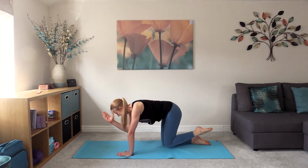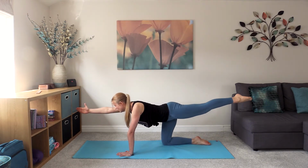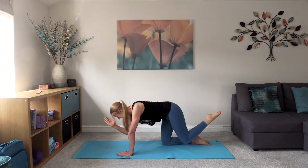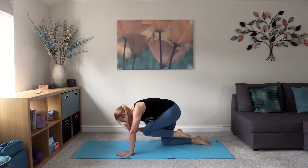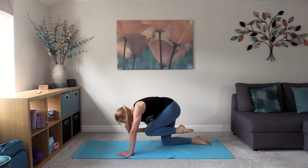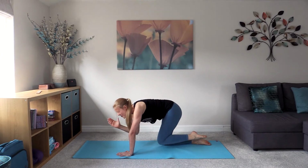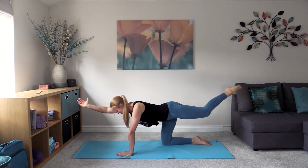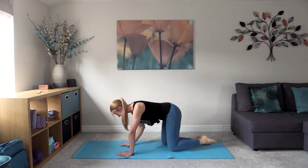Inhale, reaching away, and you can use the back foot that's on the floor to help with the balance, pressing that foot into the floor. And then elbow to knee. And this time we're going to hold it here. So bringing the leg in as close into your body as you can. We're going to hold it for 5, 4, 3, 2, you're doing amazingly, and 1. Brilliant. Reaching out one more time on this side. Really stretching through, and then slowly with control bring the hand and knee back down,